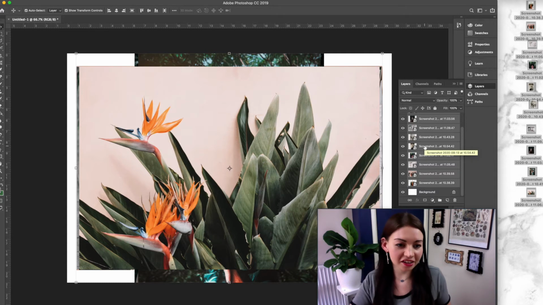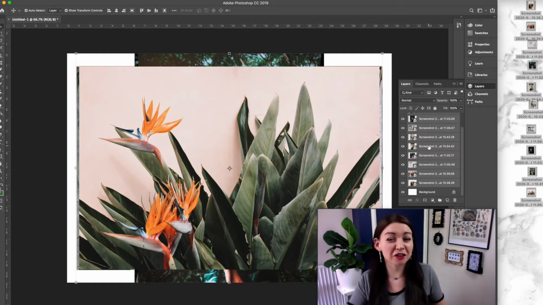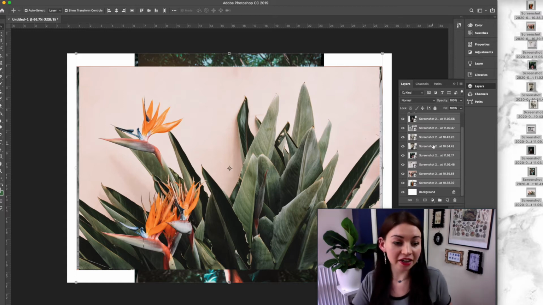For ease, what we're going to do is rasterize it, and it just means there's no link to the image, so it's just a flat image. But always keep an image in a file somewhere so you can get back and always have the full image saved somewhere else. So you've got all of them selected on the layers panel, and now right click on them,